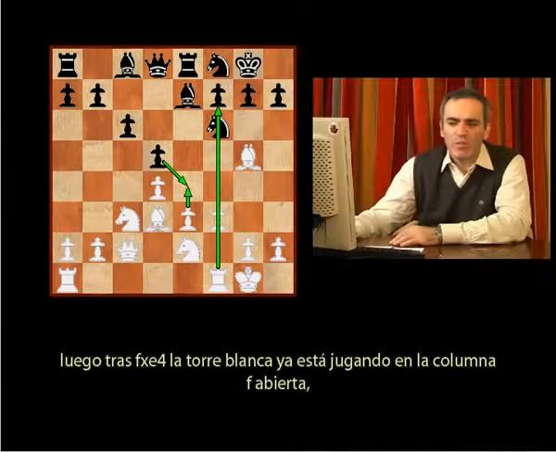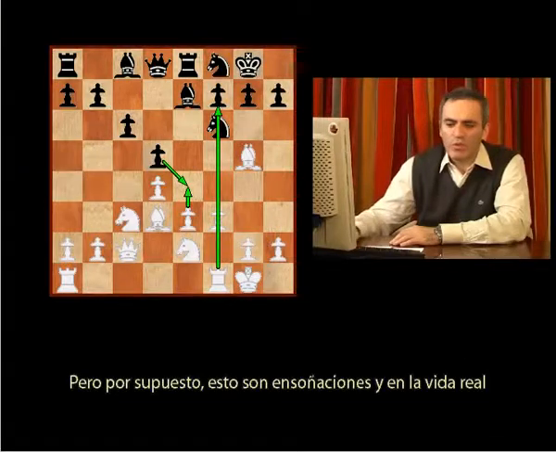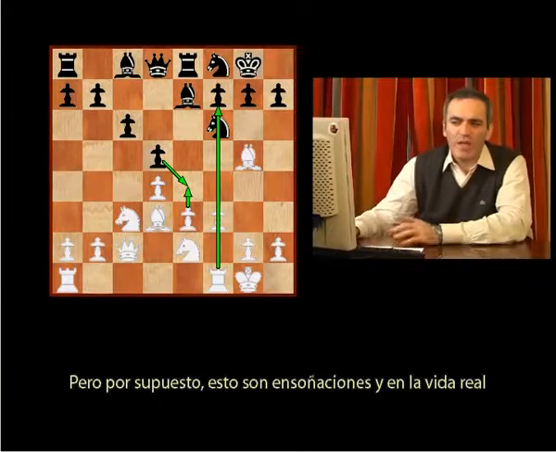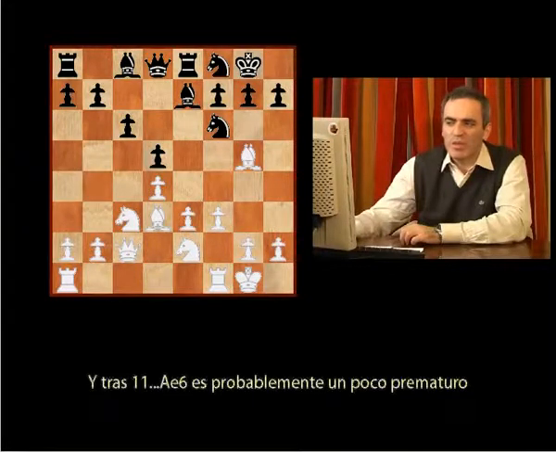And white could keep a very, very comfortable advantage. But of course, that's all dreams, and in real life, black is always trying to keep an eye on this development. And after Bishop E6,